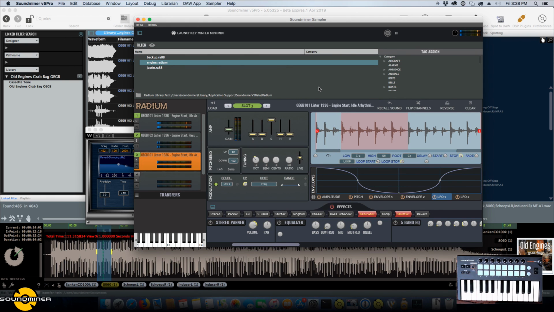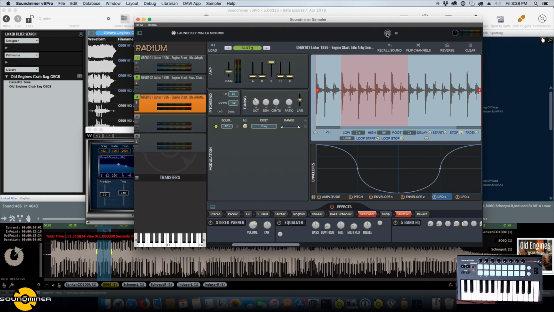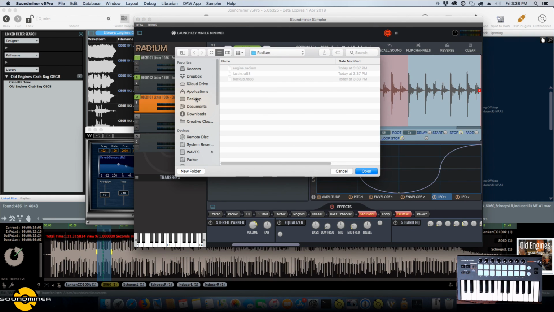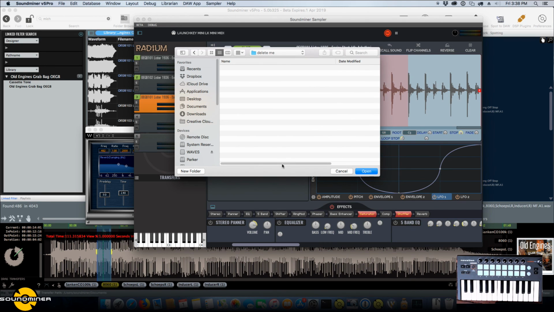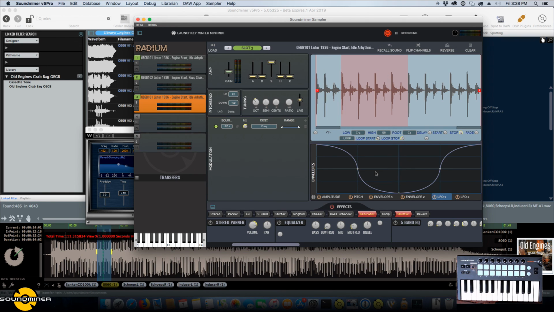So now I've got the sound and I like it and I want to use it. So what I do is I click on record here. It's going to ask me where I want to save it because my transfer path is invalid at the moment. So I'll just save it on my desktop. Just go delete me. There we go. So now it's waiting for my first MIDI note on. And as soon as I do that,